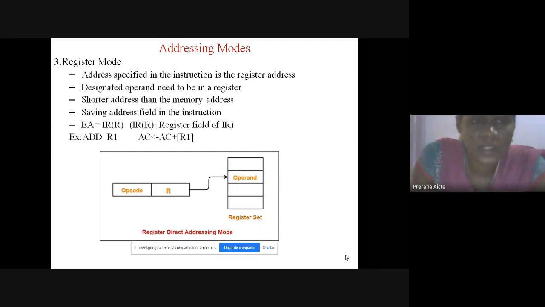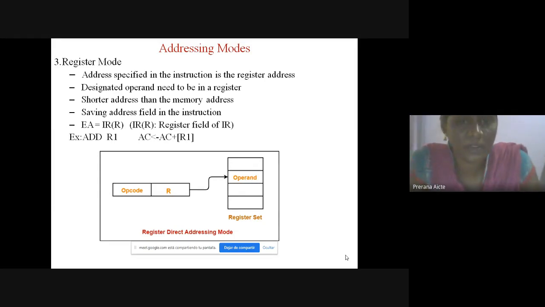And next one, register mode. In register addressing mode, the address part of the instruction contains the register name. The address specified in the instruction is the register address.